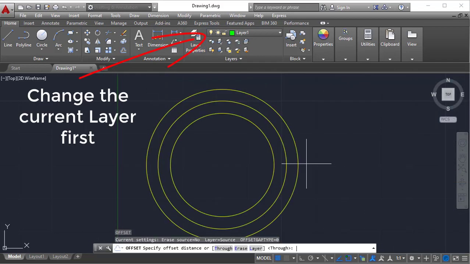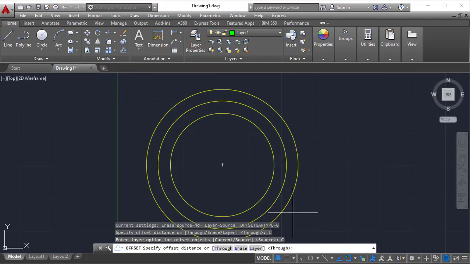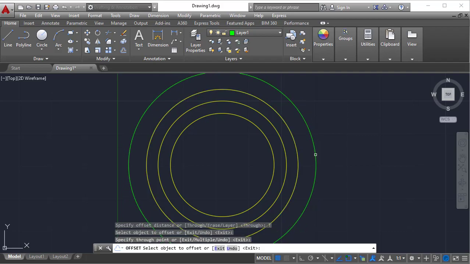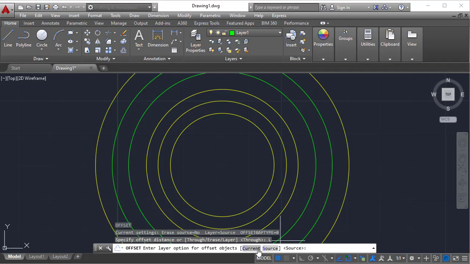Now if I use offset, O, enter, and select Layer, Current, and click on an object, you can clearly observe that the offset object will be created on the current layer. If you select Source, the object will be created on the layer the source object is present on. I hope you understand that.